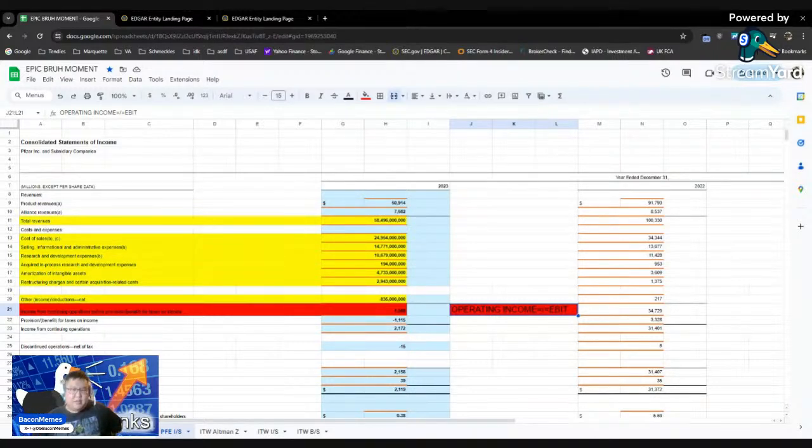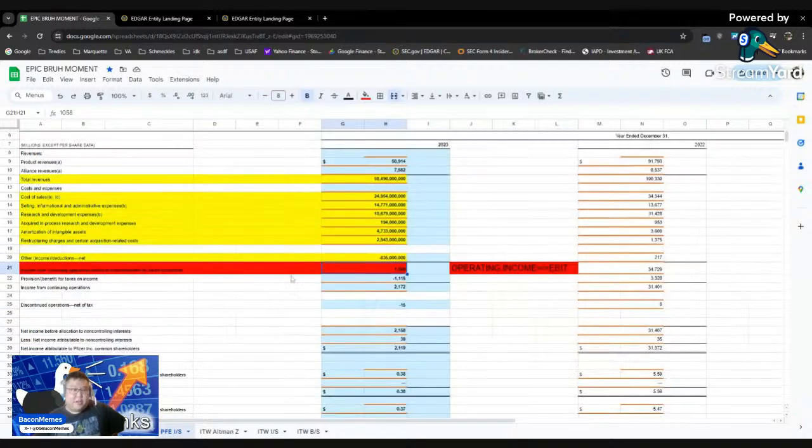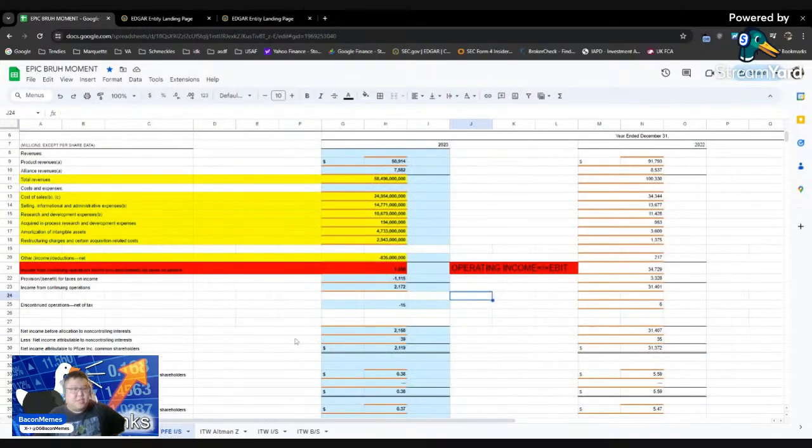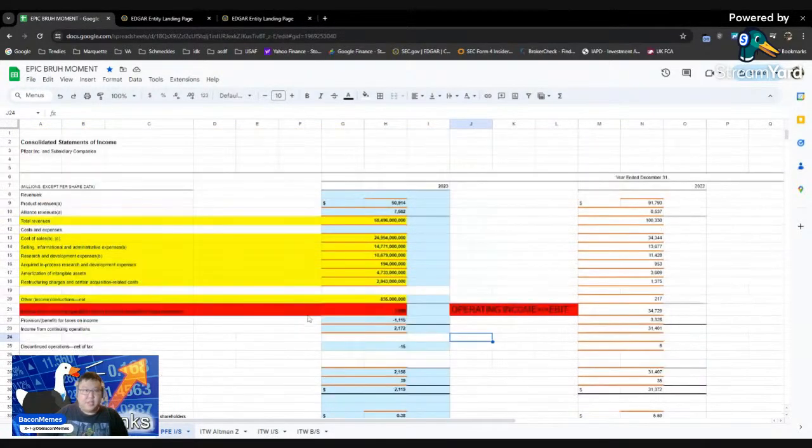So this matters. And granted, if we have our income from continuing operations being this in millions, we have that one, 1058. We can see, oh, it's a little different. In this case, it's pretty much a rounding error. But what I did in this case was I used Pfizer's total revenues, and then all of these costs, and